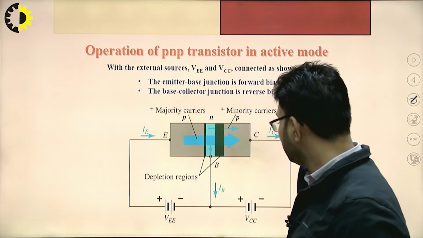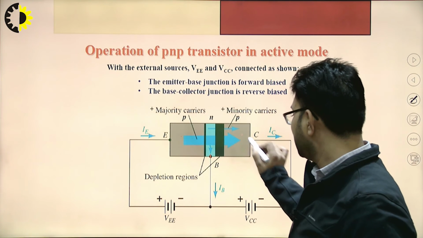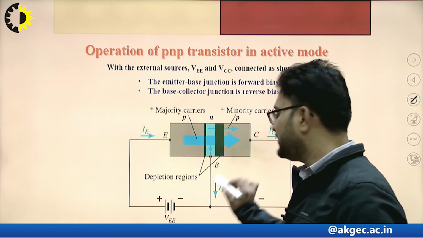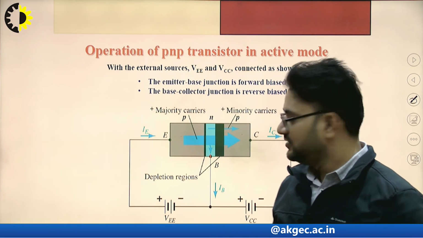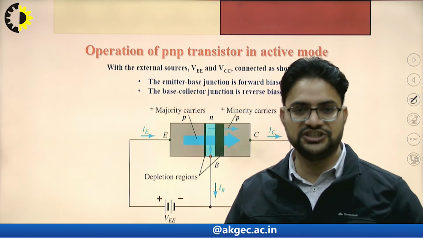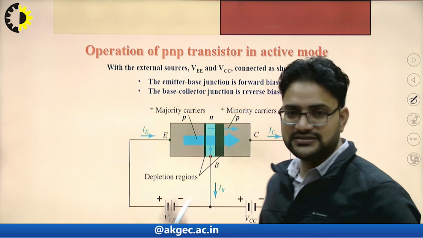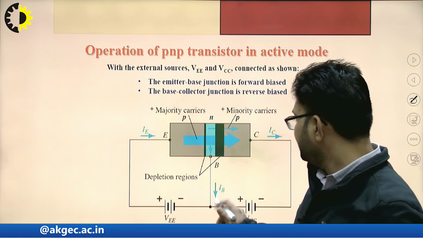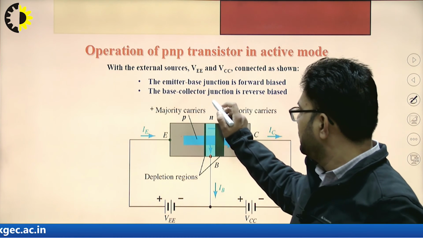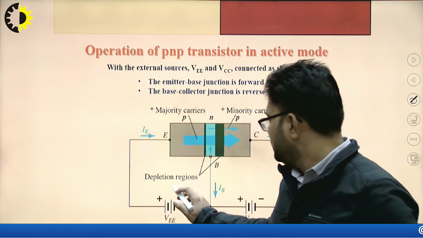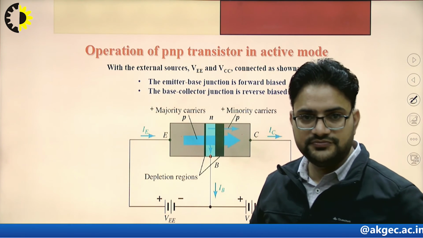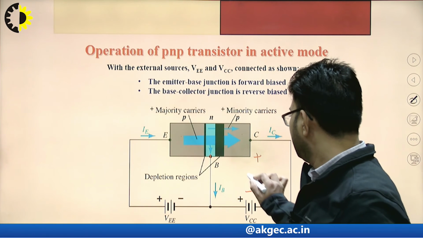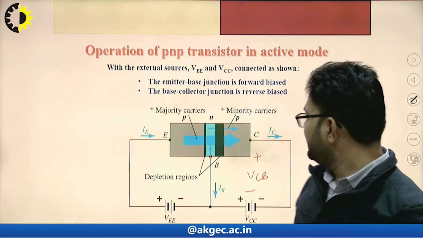In the reverse bias condition, this P side is connected to the negative terminal of the battery and this N side is connected to the positive terminal of the battery. So this is the reverse bias condition. Under this condition, the transistor is working in the active mode. So if you see the two junctions, if I increase this reverse biasing, that is VCB,